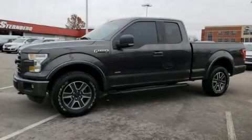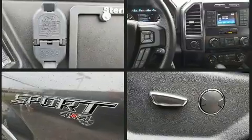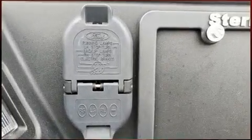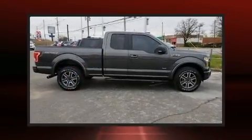Sensibility and practicality define the 2015 Ford F-150. With just over 20,000 miles on the odometer, this vehicle stands out from the competition. It features an automatic transmission, four-wheel drive, and a refined six-cylinder engine. Top features include a split folding rear seat, a tachometer, variably intermittent wipers, a rear step bumper, an outside temperature